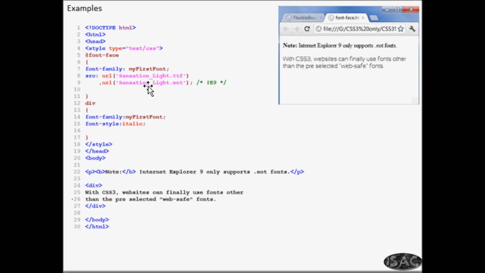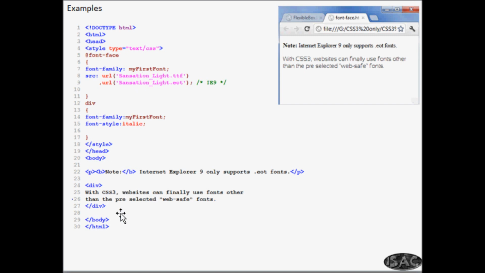The second is for the sake of Internet Explorer. Now consider I have a div. In the div I'm saying font-family my first font. So here I'm not saying Arial, Algerian, Courier, Lucida Sans and all sans serif. We are just using my first font because I have defined it here and given the name here, right?